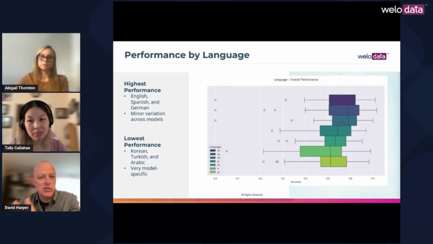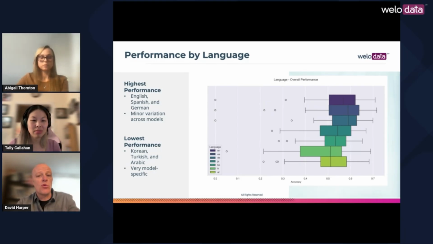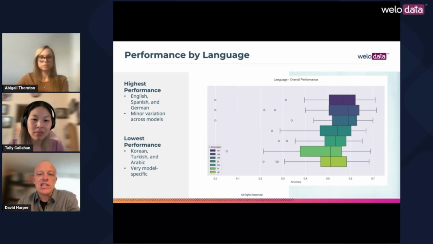As linguists, we do want to not just look at the accuracy, we want to think about what are some underlying factors that might be contributing to these accuracy metrics. So this is an area we hope to investigate further, but it is notable that the top 3 performing languages here have SVO word order, so subject, verb, object. Japanese, Korean, and Turkish all have SOV word order, so subject, object, verb. And finally, Arabic's dominant word order is VSO, so verb, subject, object.